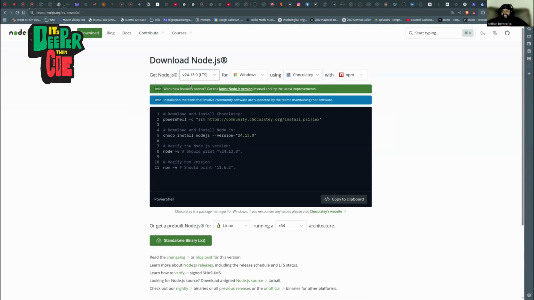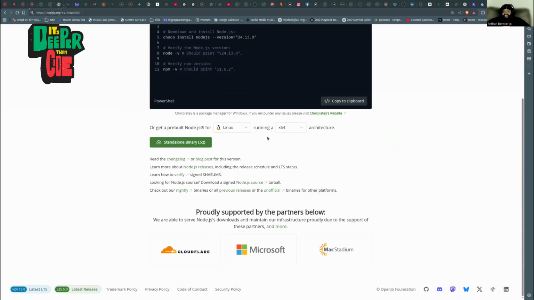You don't want the odd numbers, because that's where they're trying out new experimental things. And when they get bored with it, they're going to move on. They're not going to continue to give it support, and so you'd be using an unsupported version of Node.js. But the even numbers are the LTS versions, and the LTS versions will have support for years, and that's what you want.